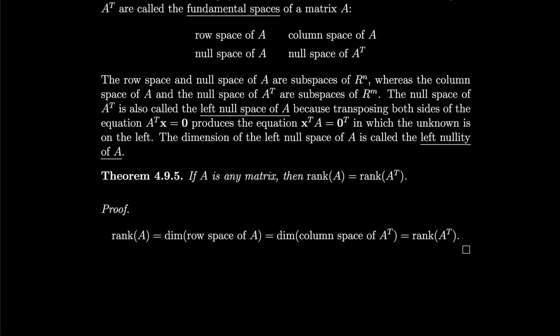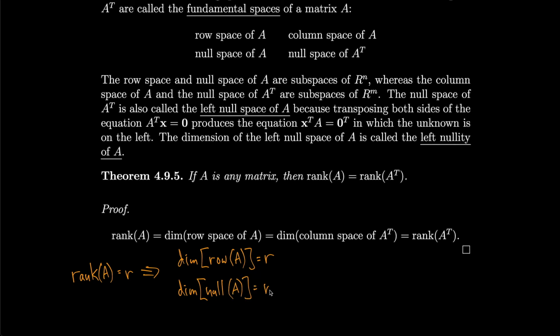Pretty easy proof, but notice that implies that if the rank of A is equal to R, then we have that the dimension of the row space of A is equal to R, the dimension of the null space of A is equal to n minus R, and so the dimension of the column space of A is equal to R,